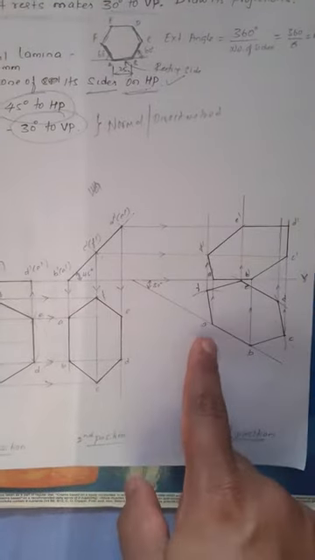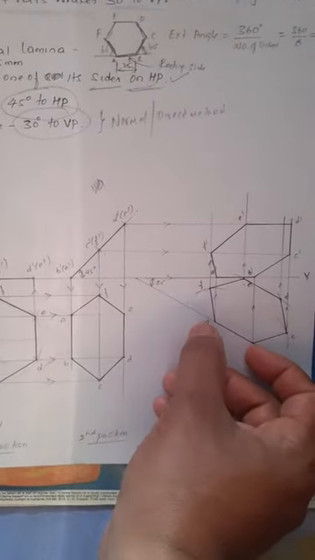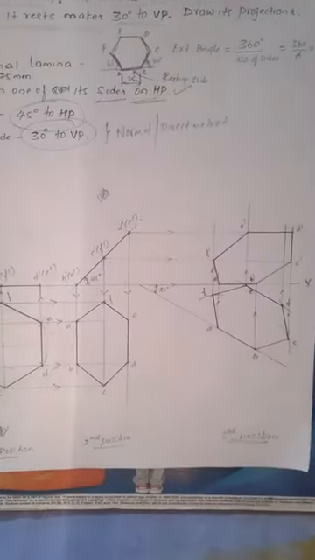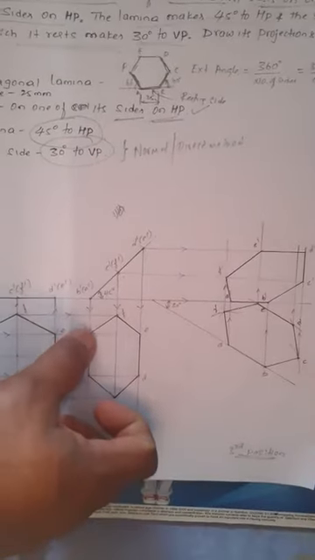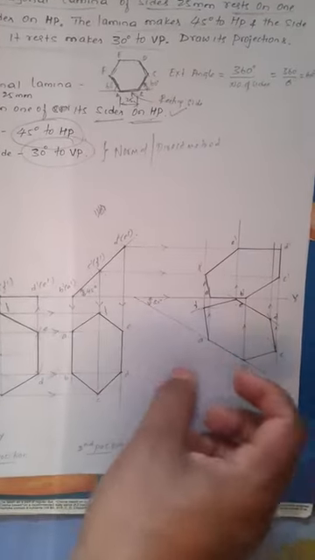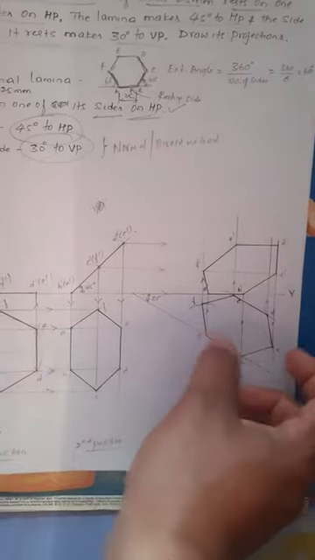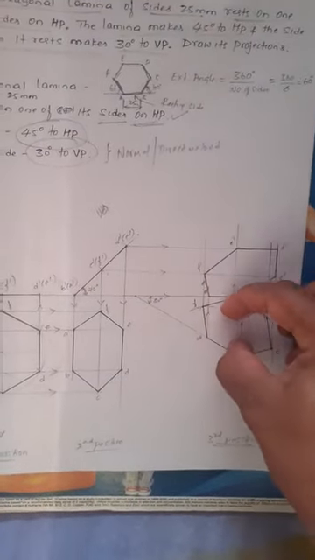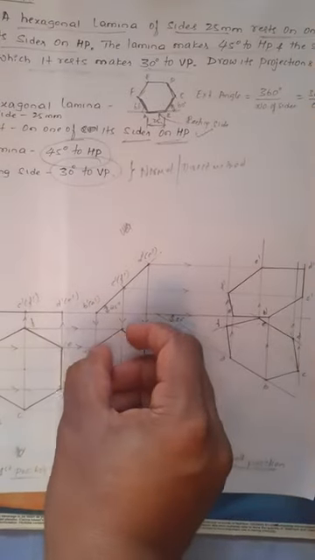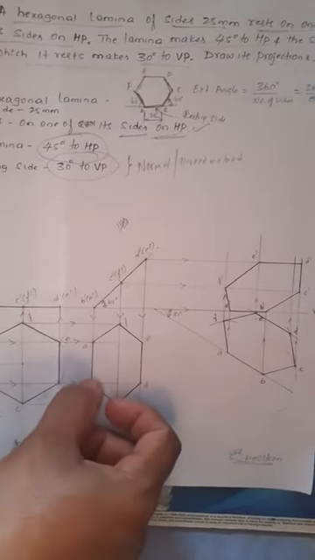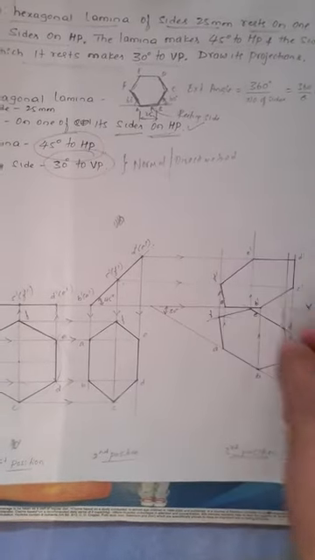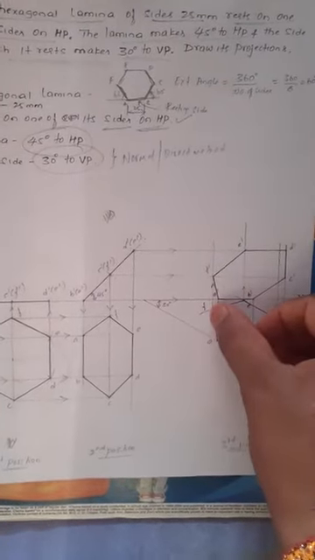Now how do you get AB easily? That is 25 mm on the 30° line. How do you get the remaining corners C, D, E, F? Take AC equal to BF. Draw an arc of AC equal to BF, draw one more arc. Then AF is equal to BC. Then you will get the corners C and F.